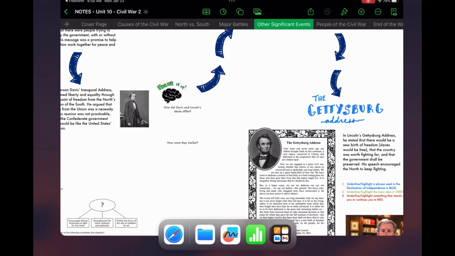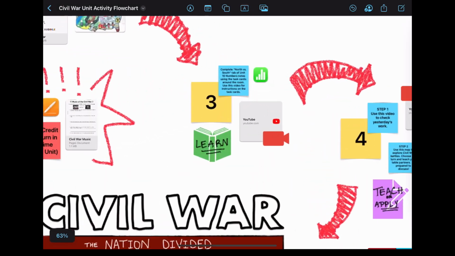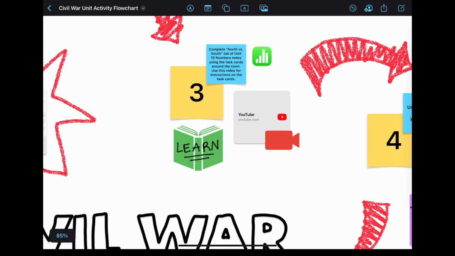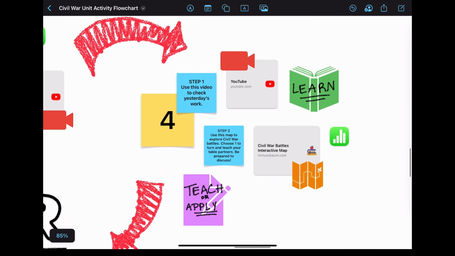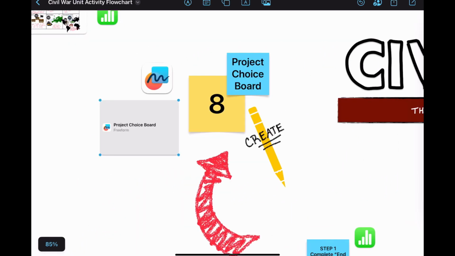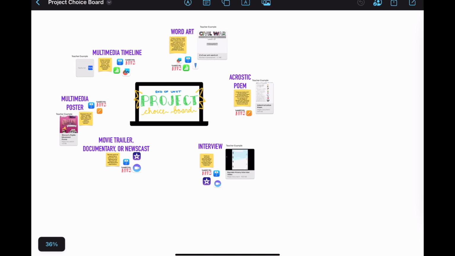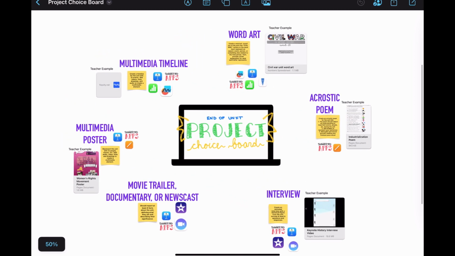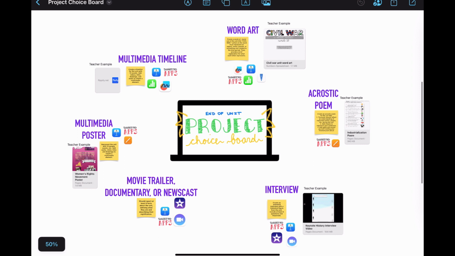For the rest of the unit, I would do much the same, adding links to YouTube videos, Keynote templates, PDF images, and so much more. Even cooler, at the end of the unit, I can link students to our unit project choice board, also made in Freeform. Now, it's important to note that for my own class, these resources and activities would not be everything